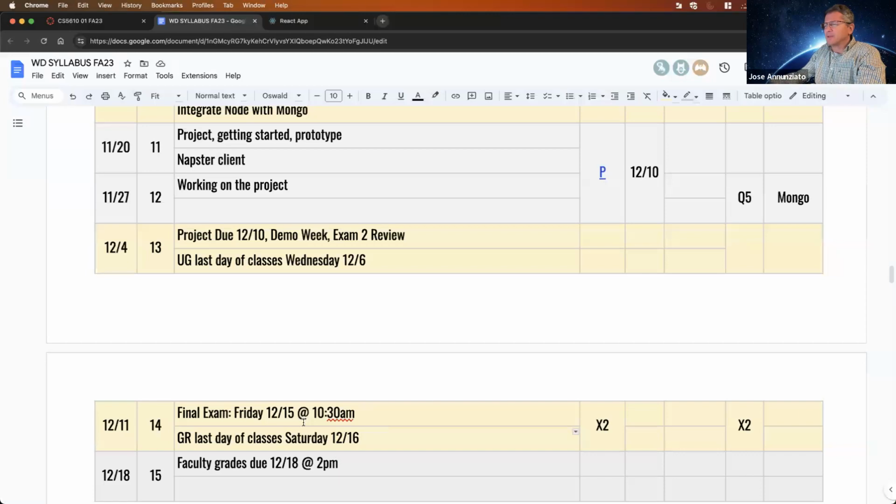For the undergrads, they will have exams live in person, at the university on that particular date, but that doesn't apply to graduate students. I do have to have faculty grades by the 18th, December 18th. So that last week, the week of the 11th, is going to be a very busy week of demos and just wrapping up all those assignments or projects and exams and quizzes. So that last week, I'm not going to be very much available at all.